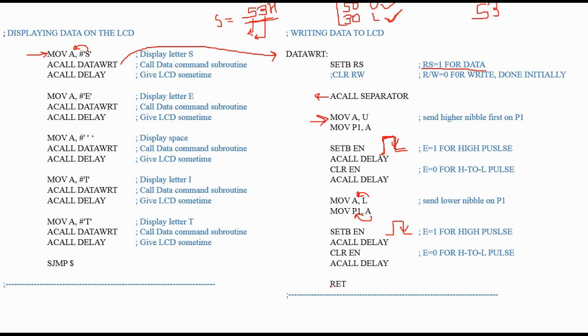Okay, and the return. So in this way, as RS equals 1 and we have sent 53 over the lines, here S will be printed, that character will get printed on the LCD. Okay, and return to where it was called from, at this location. Basically the return will happen to the next instruction, ACALL delay. Okay, after this move A comma #'E'. In the same way we will send E and again the data write function will be called. The E will get separated into two, firstly the upper nibble and then the lower nibble will be sent, and in this way E will get printed.